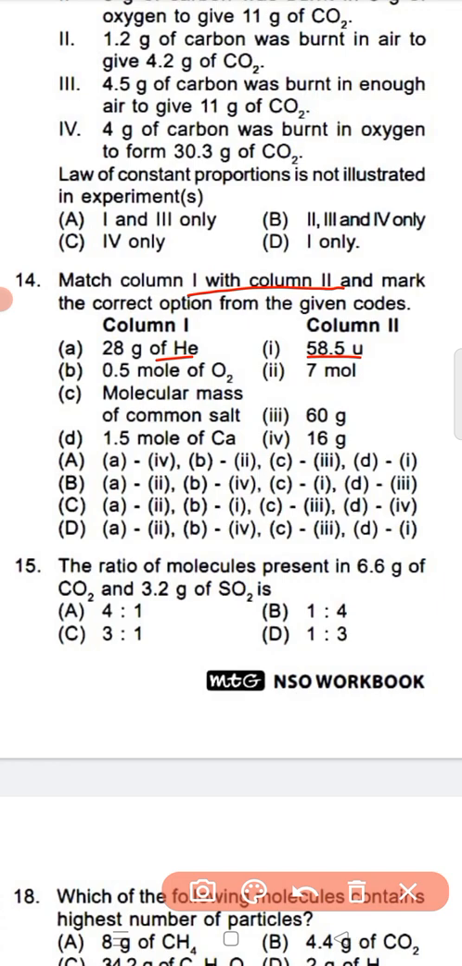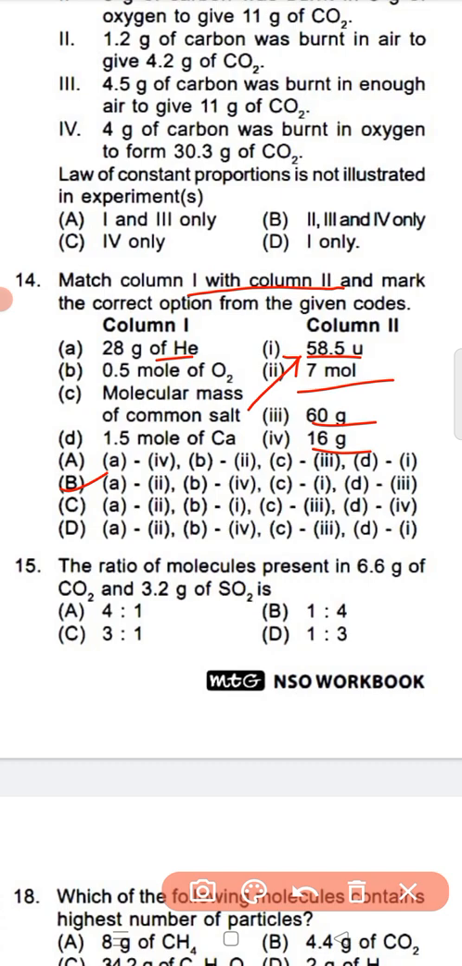0.5 mole of O2, molecular mass of common salt, 1.5 mole of Ca, 7 mole, 60 gram, 16 gram. Molecular mass of the common salt, that means sodium chloride, that is 58.5. So C it will come to 3. Okay. So question number 14, option B is the correct answer,